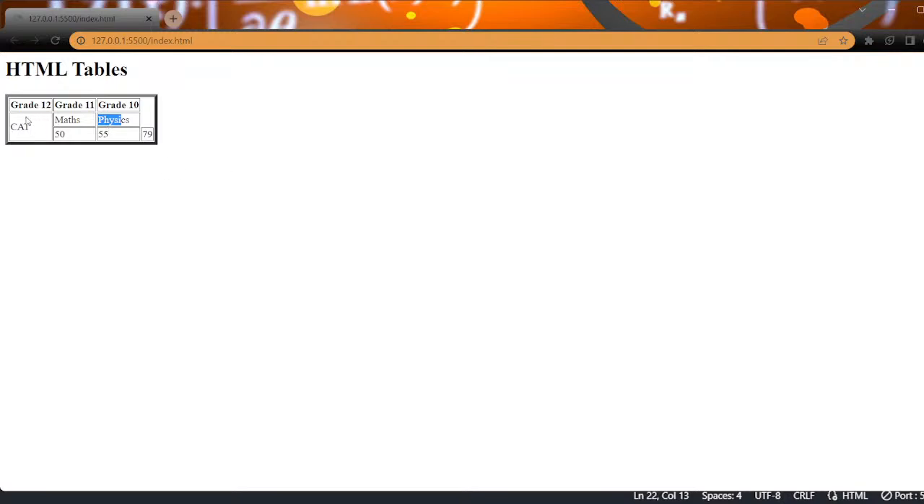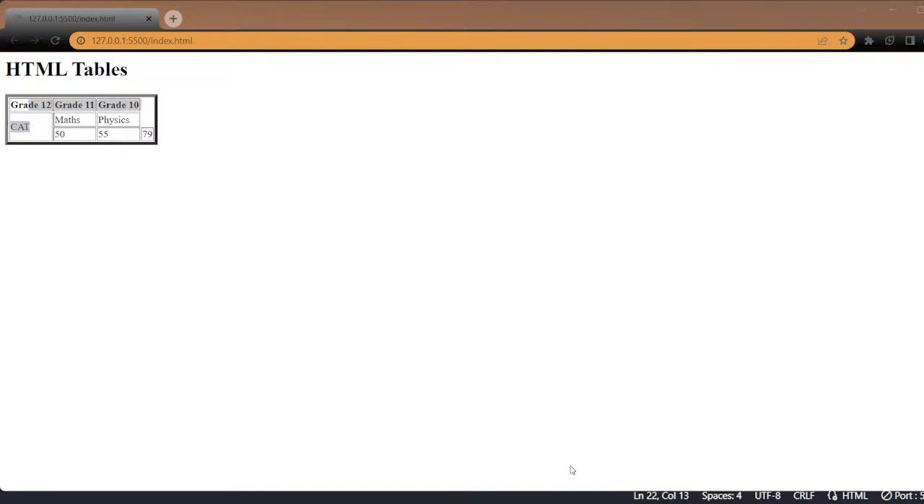Remember, it was cat, then underneath cat it was 50. So cat took this area, it took the row for cat and also the row for 50. So cat took this whole width, this whole area, because we did row span. Okay,